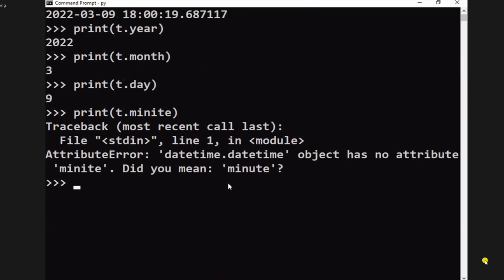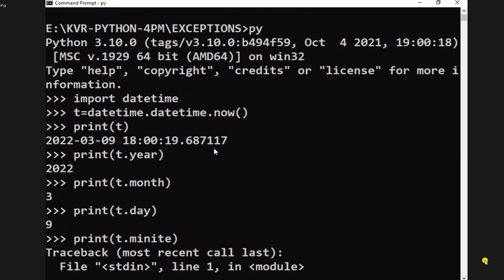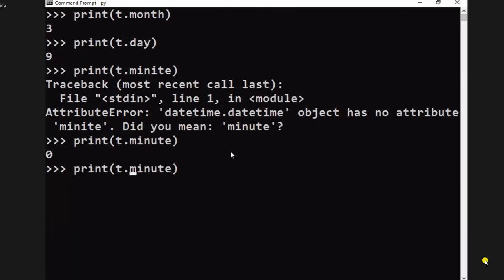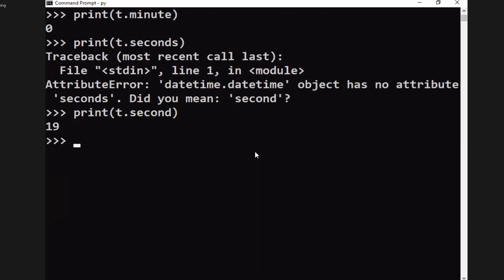Minute spelling, MINUTE. Okay, minute, not minutes. Directly, no minutes. t dot what? Come on, guys. Second. Okay, 19 seconds. t dot microsecond. Like a is equal to 2 plus 3j, a dot real, a dot imag, like that. Rakesh, thank you, you asked that doubt and immediately I just gave the answer. I need time to explain everything.